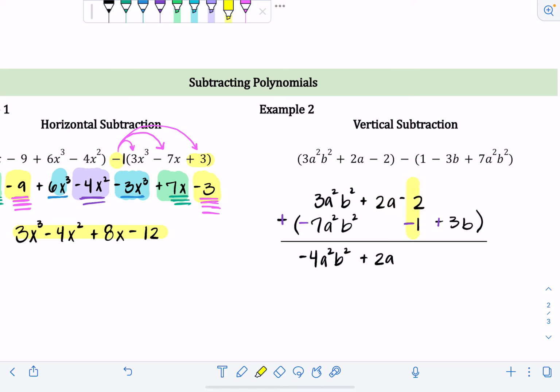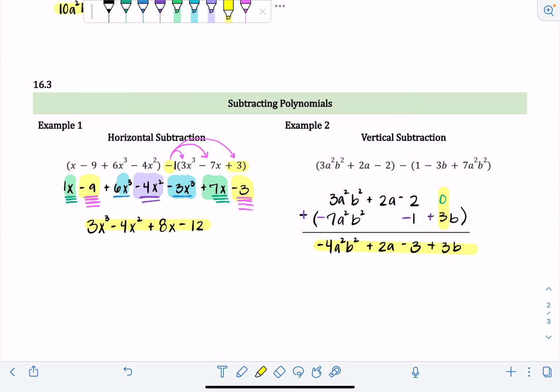And then next, negative 2 plus negative 1 together is negative 3. And then next, there's nothing right here, so it's almost like adding 0, or it is adding 0. So 0 plus 3b will just be plus 3b. So negative 4a squared b squared plus 2a minus 3 plus 3b. Okay, so in the end, just be really careful when you're subtracting. Make sure that you're changing it to an addition problem, but between horizontal and vertical addition or subtraction, you can decide which one you